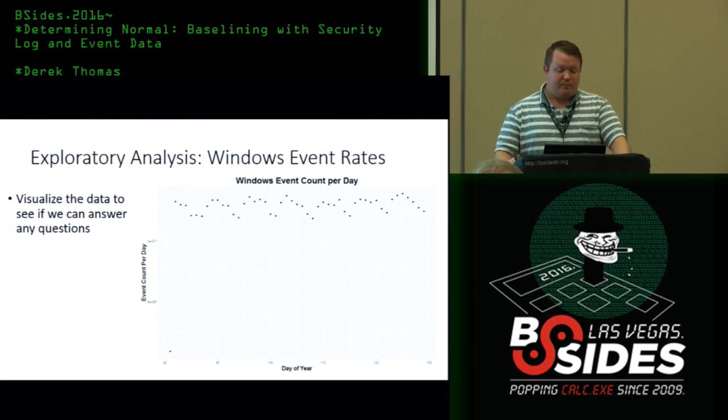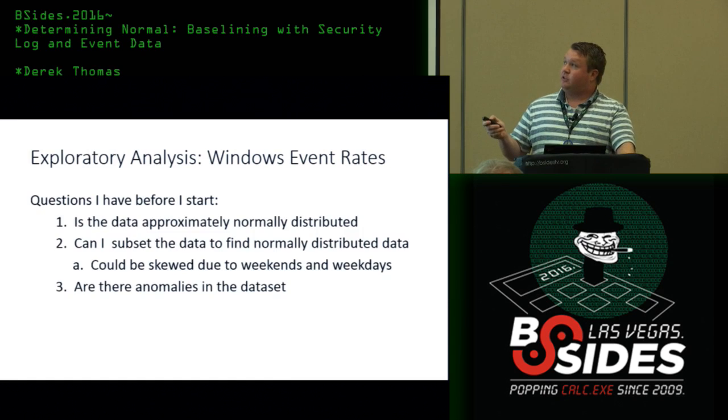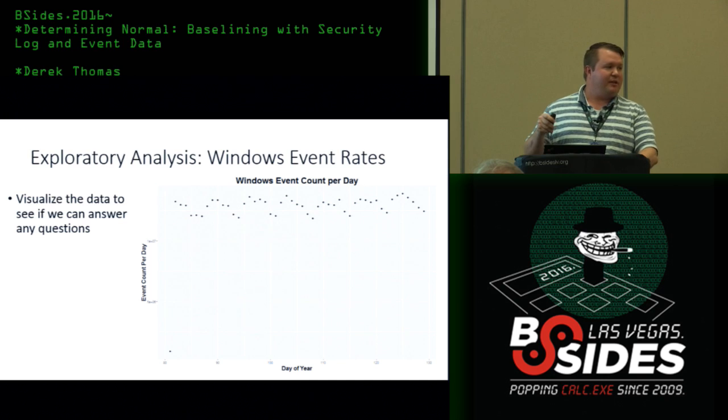So the first thing I did was visualize the data. These are the quantity of events that occur per day. Most of the data occurs right here. Then you see 2 sequential days far below. The first thing I think is, those are weekends, right? Typically the traffic is going to be lower because there are not many people. There are automated processes always generating events, so there will always be events. Those are a few things that I immediately look at.